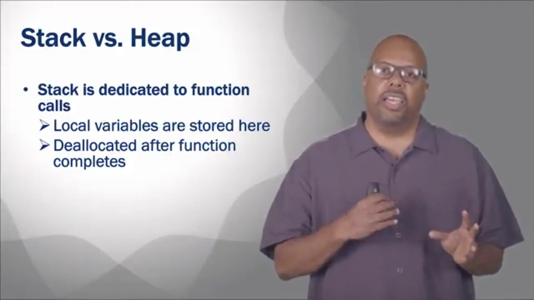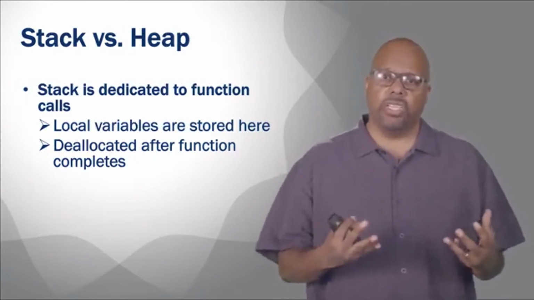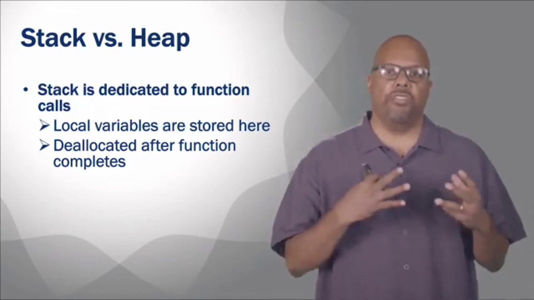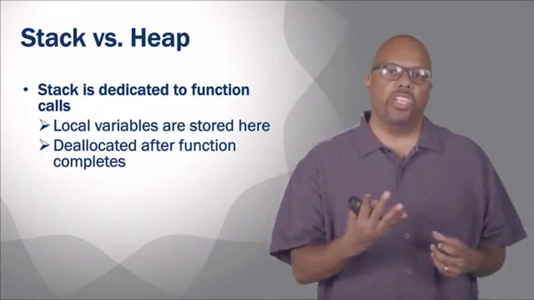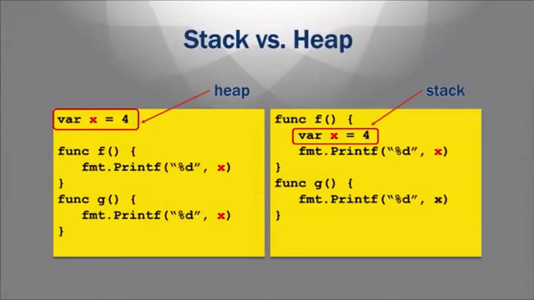Now, this is a little bit different for Go. What I'm talking about now is how it works in traditional languages. Go changes this a little bit, okay? But normally, the stack is the area of these local variables where, when the function is done, the variables are deallocated automatically. The heap, on the other hand, is a persistent region of memory. When you allocate something on the heap, it doesn't go away just because the function that allocated it is complete. That heap memory, you have to explicitly deallocate it somehow in another language. So if you were in, say, C, you would have to explicitly deallocate this.